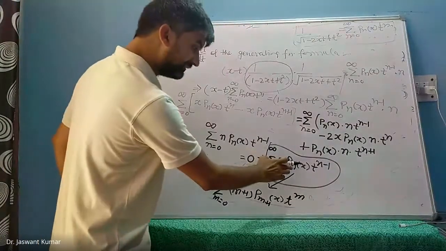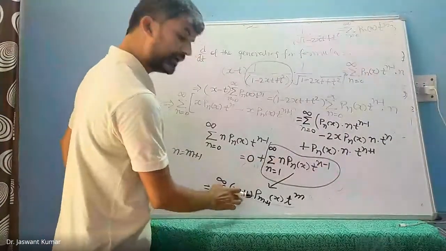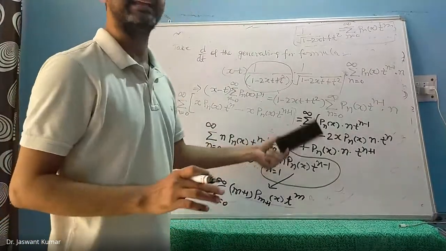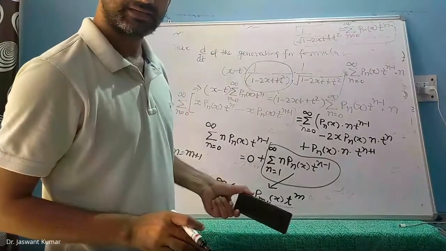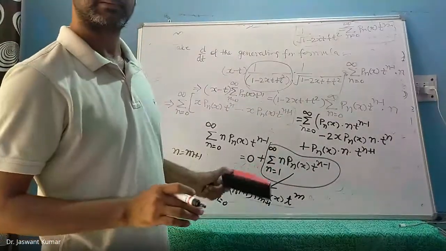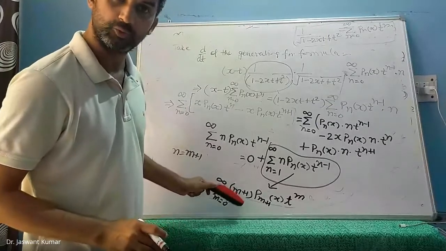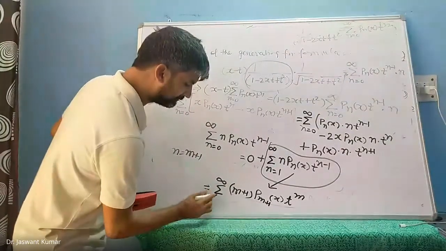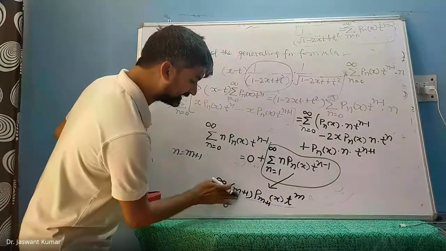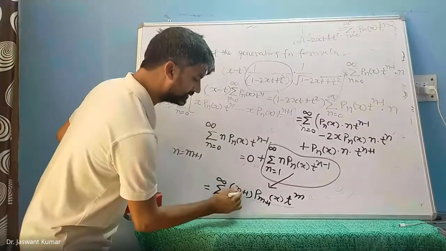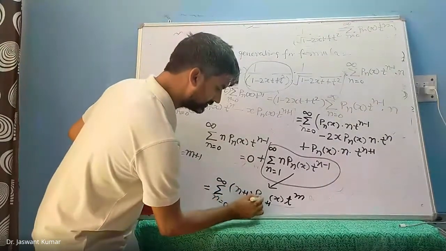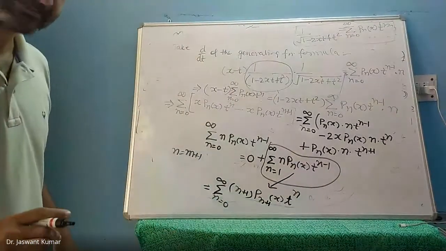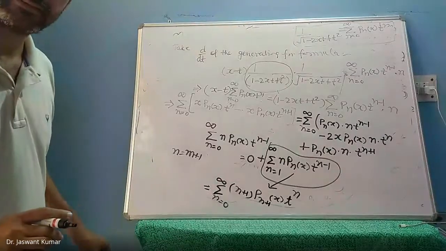So what did we do? We changed this equation from n to m. We were like angry, we did not like n, so we changed n to m. And now that we have come to m, we once again do not like m. We now like n. So wherever there is an m, we replace that m by n. Please see if this makes sense.